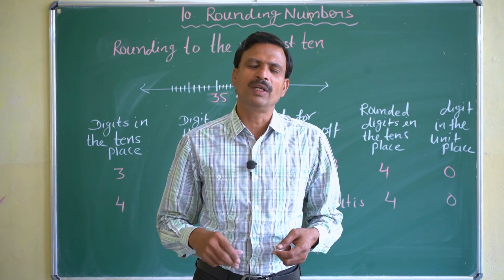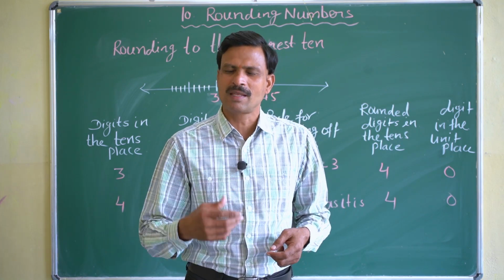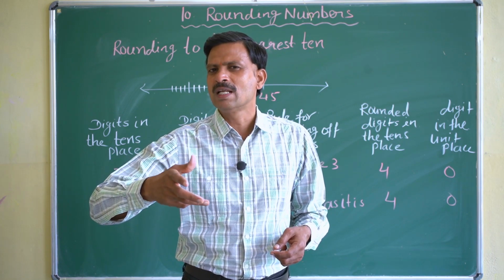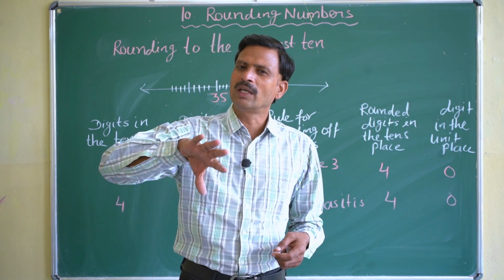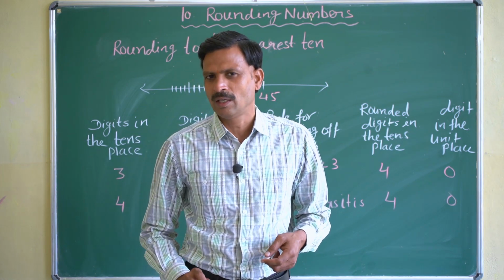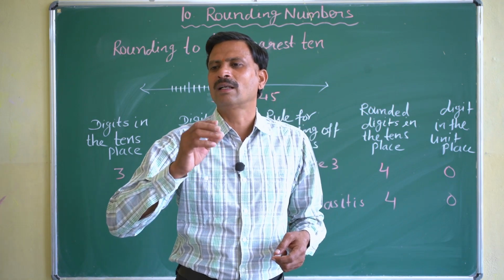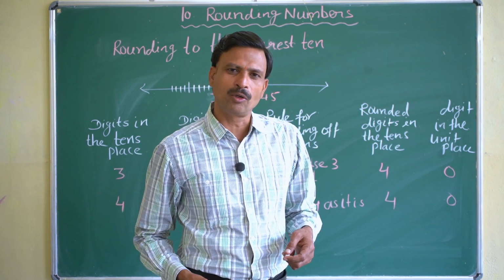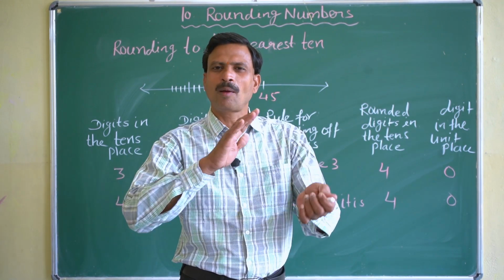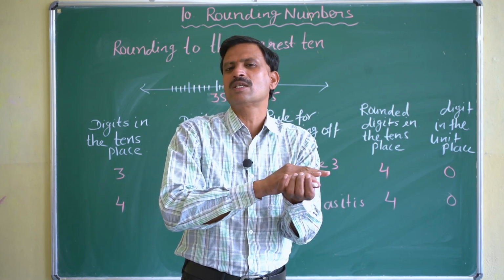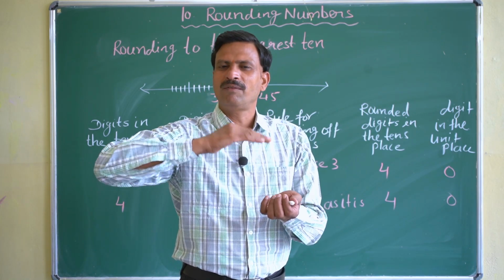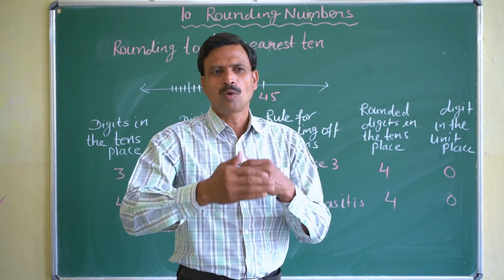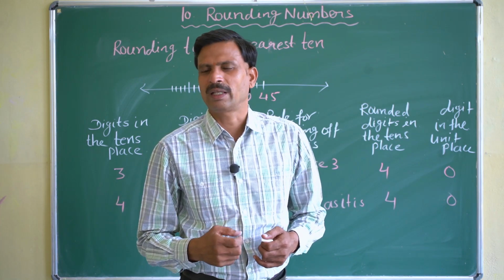But if the cost is 55 or 56 or 57, 58, 59, and you give 50 rupees, he will not agree to take it. But in case you say that in place of 59, you give 60 rupees to me, he will take it, because what is happening is nearest. 51 is nearest to 50, and 55 or more than 55 is nearest to 60. So when we are rounding off a number, we take whichever value is nearest.